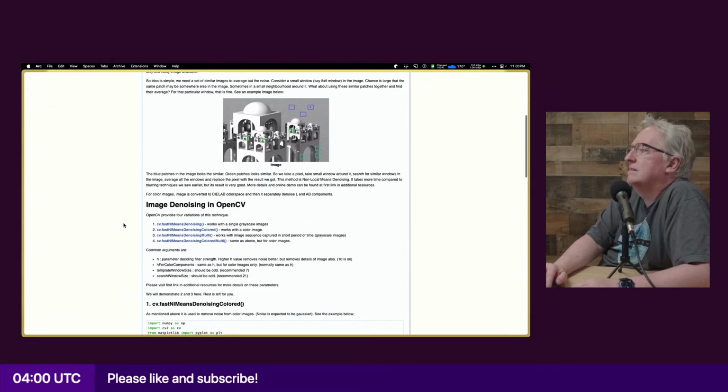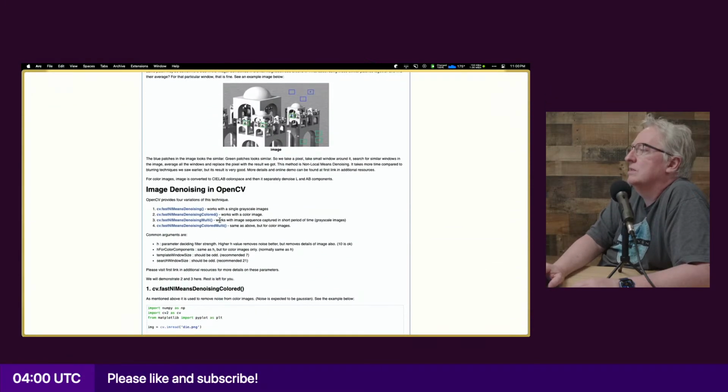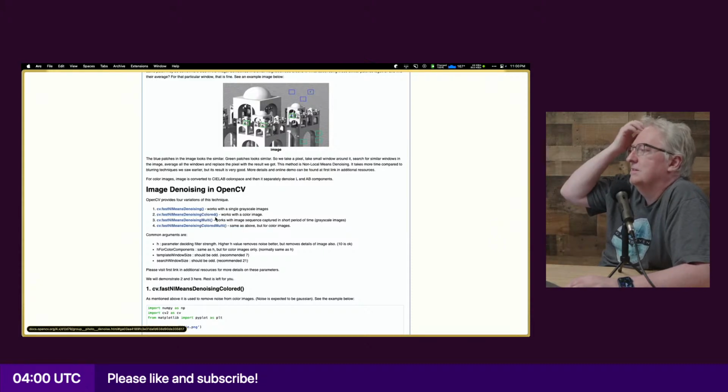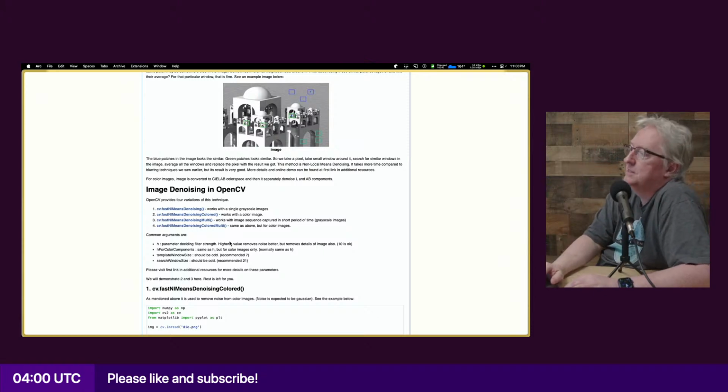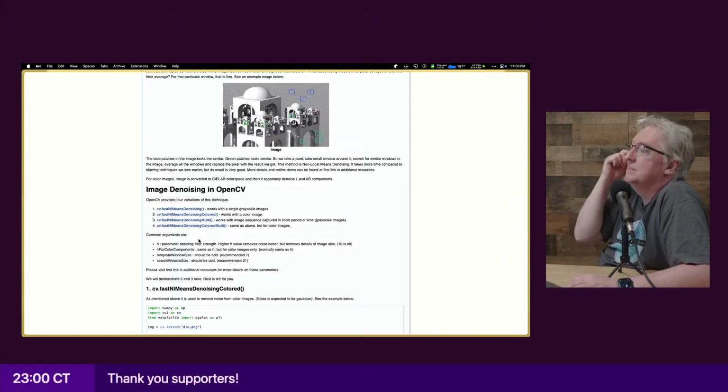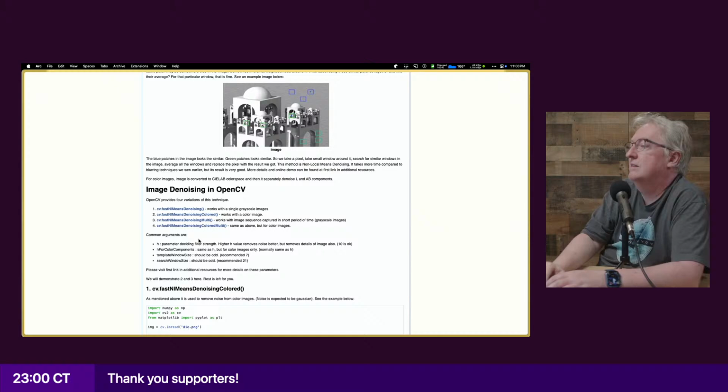Works with a single color image. I mean, do I want to try this? Do I want to try this?